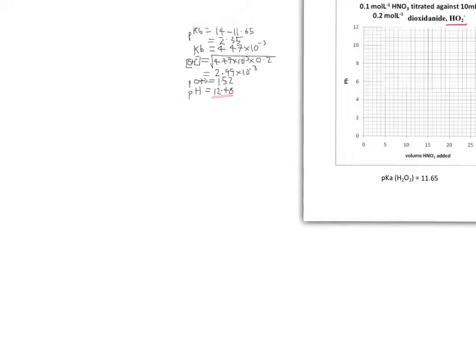Okay, just let me put that to the side. Okay, so that's a pH for a start. Let me just plot that on the graph. 12.48. Oh, it's just, sorry, up here somewhere. There we go. Next thing we do is we can work out what the pH is halfway to the equivalence